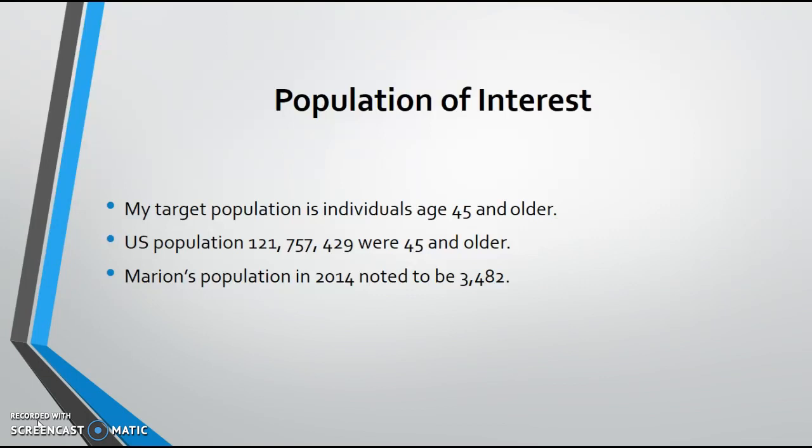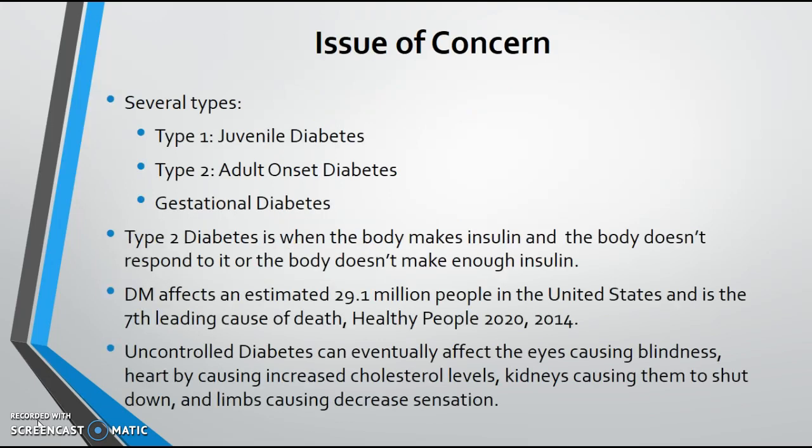My population of interest are those individuals age 45 and older. My project took place in Marion, Alabama, in which in 2014 there were just under 3,500 individuals living in the city. The issue of concern is diabetes type 2, in which there are several types of diabetes: type 1 juvenile